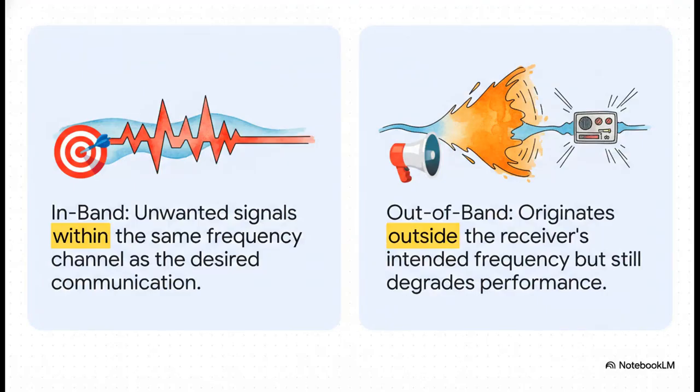And this slide just nails the breakdown. On the left, you've got in-band interference. I love this description, the enemy within. It's literally competing with your signal on the exact same frequency, which makes it a real pain to filter out. Then, on the right, you've got out-of-band interference, the noisy neighbor. This is that super powerful signal from way outside your channel that's just so loud it completely overloads your receiver's front end, basically making it deaf to the signal you're actually trying to hear.